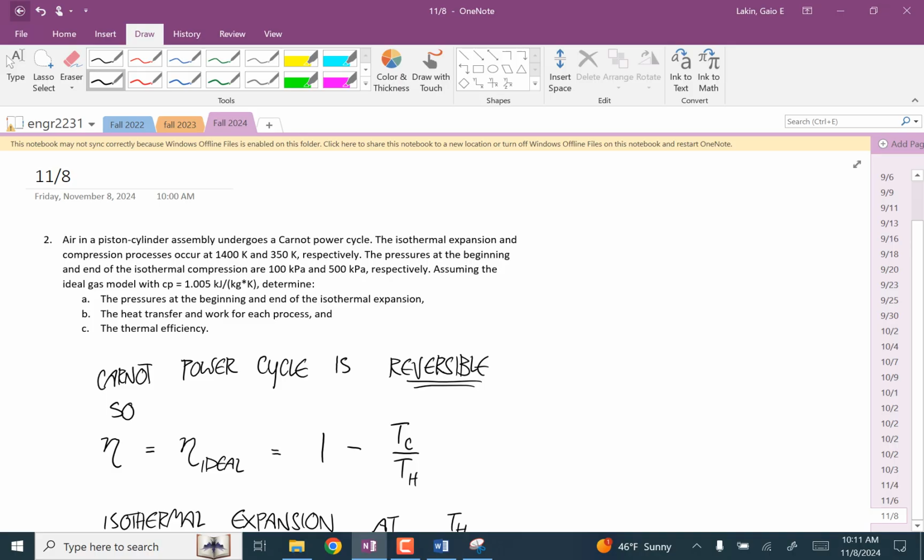There's an isothermal expansion and an isothermal compression. There's 2 other stages. Obviously, you don't know that. I don't even remember that. But I'm thinking that this is saying also that we're going to start the isothermal expansion